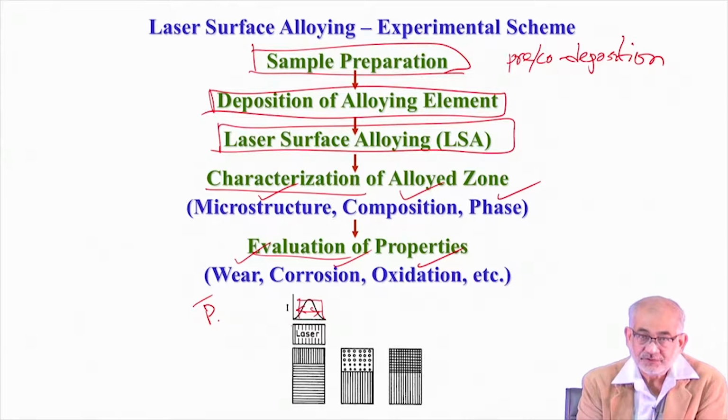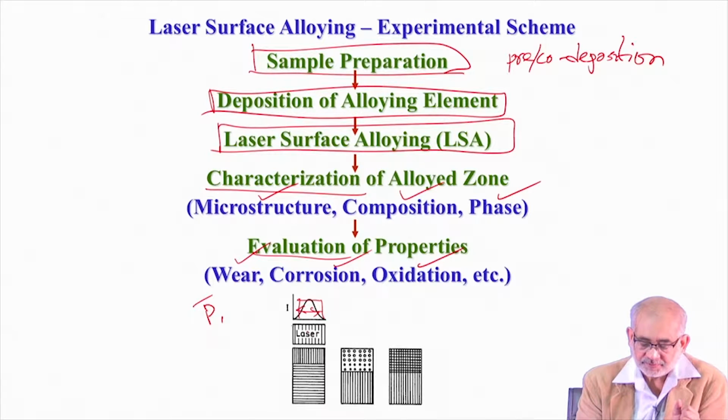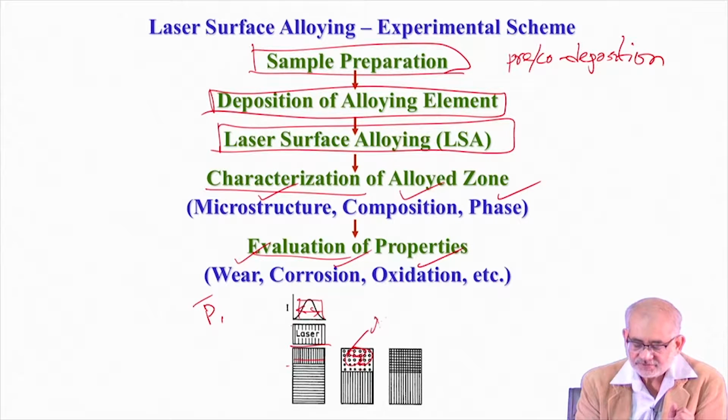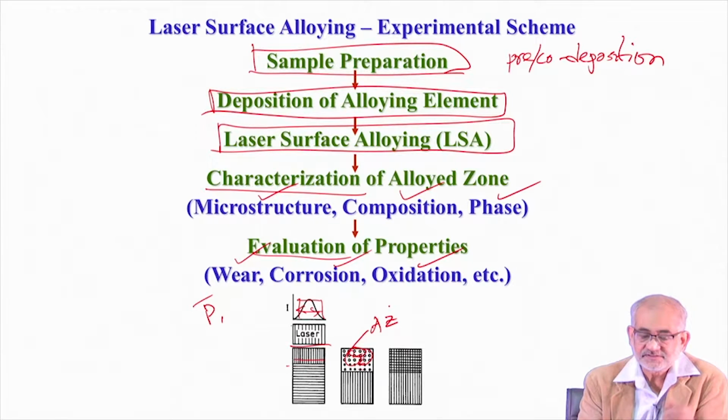So if we know exactly the beam size, then we are talking in terms of power density, not absolute power. So in addition to this, if this is the pre-deposit, and this is the substrate, then as we irradiate, we melt not only the deposit but also a certain depth below the surface, so that there is a good amount of intermixing, and this intermixing leads to formation of the alloyed zone. So this alloying takes place in the liquid state, and the advantage is that, for example, if you refer to any standard phase diagram,